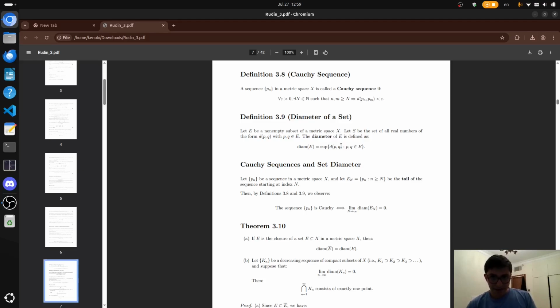And when you have a Cauchy sequence, by the definition of a Cauchy sequence, the limit as n goes to infinity of the diameter of E_n, when you set E_n to be equal to the sequence starting at n greater than n, so at n plus 1, n plus 2, n plus 3, etc., that diameter will go to 0, because